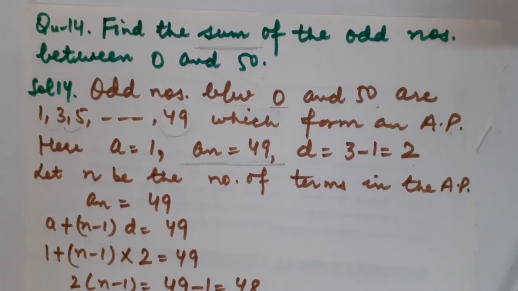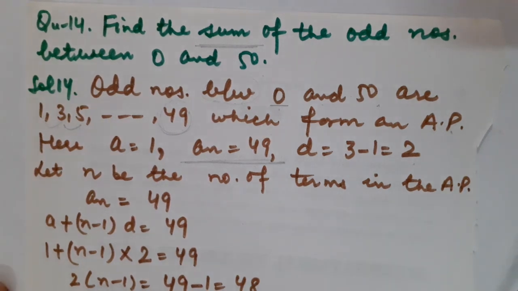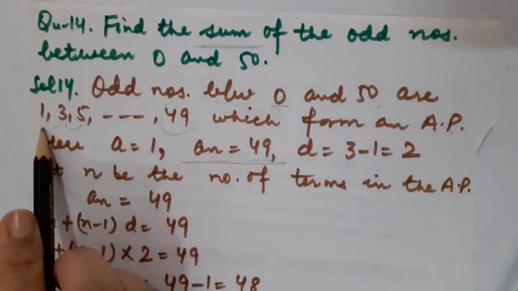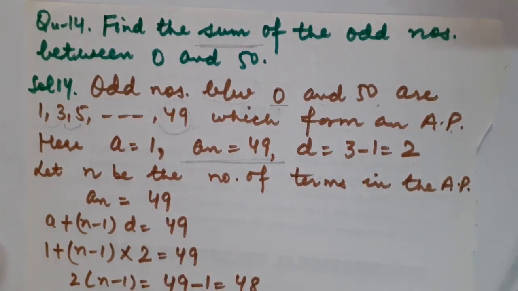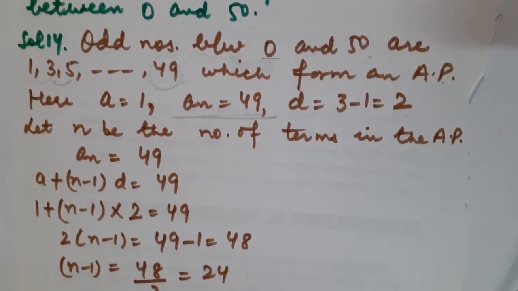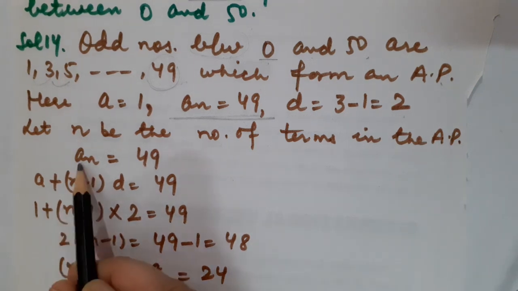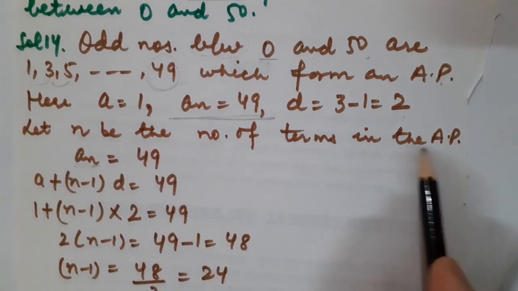We will have to calculate the sum of odd numbers between 0 and 50. But before I find the sum, children, you know that in the formula for the sum of n terms of an AP, n lies. And what is n actually? n is nothing but the number of terms. Here, children, we do not know how many terms exist in this given AP. So first of all, we will have to calculate n, that is the number of terms. Do you remember what I told you? Whenever we have to calculate either n or a or the common difference, we always go for the nth term of the AP.